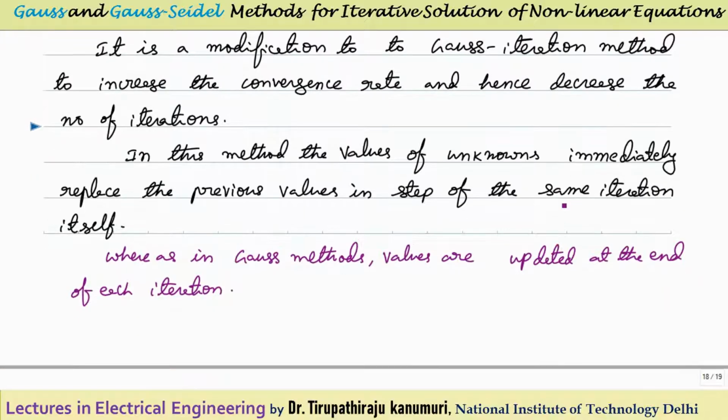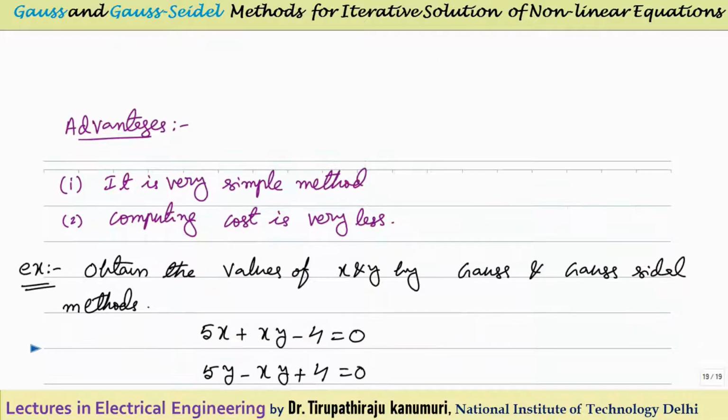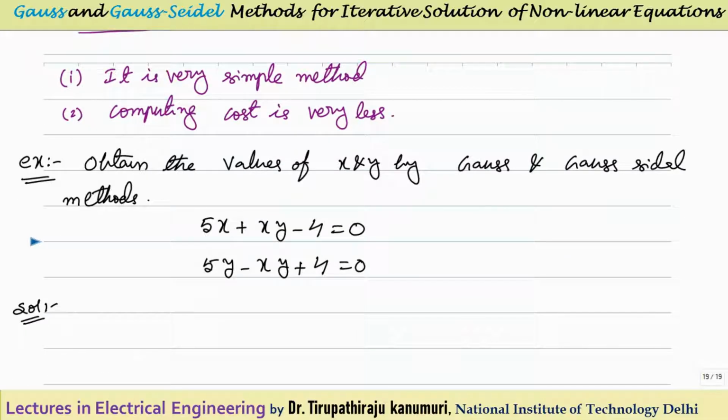So it may be a little confusing when I am telling. Let us take one numerical to understand it more clearly. Before going to this, the advantage of both these methods is that they are very simple and the computing cost required is very less when compared to other methods. That's why these methods are generally used where the number of buses in power systems is very small, or where I want to go for advanced methods. Before that, I want to get a proper estimate of the values. Then we can use these methods, calculate up to some iterations, and substitute those values in these complex methods. That we are going to see in the coming lectures.